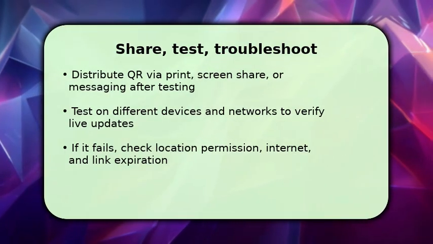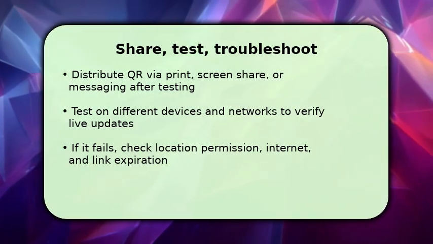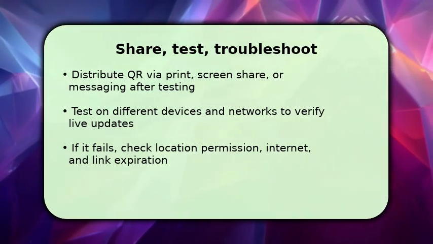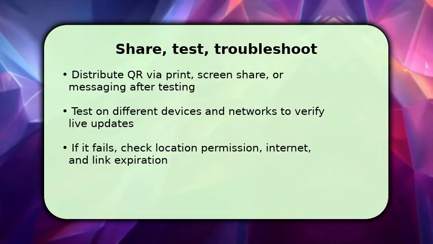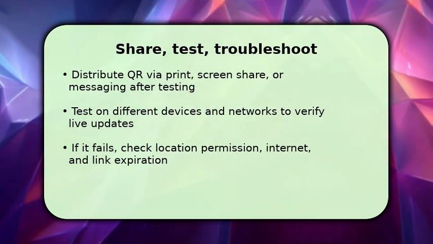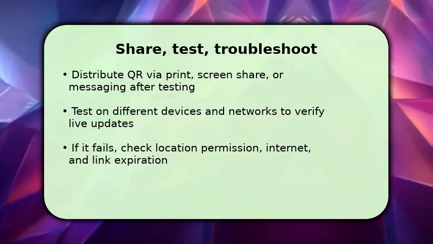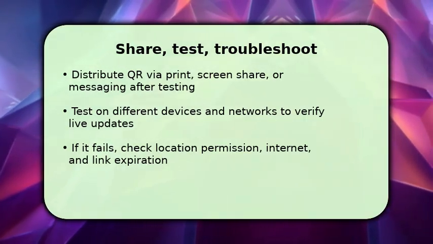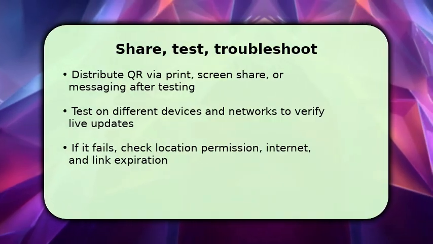If someone can't see the live feed, check that your app's live sharing is still active, revoke less restrictive permissions if needed, and confirm the link wasn't converted by a redirector that strips real-time tokens. One quick fix: regenerate the live link and QR if